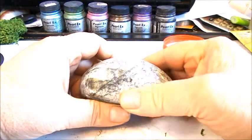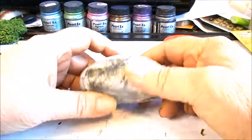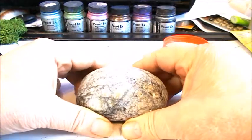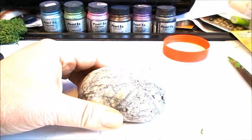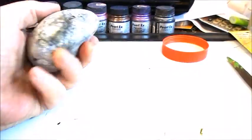I'm an artist sculptor, and today we're going to make a tree on this rock. I actually found this rock and I was like, wow, that's a cool rock. So I thought I should do a video on how to make a tree with it. First thing we're going to do